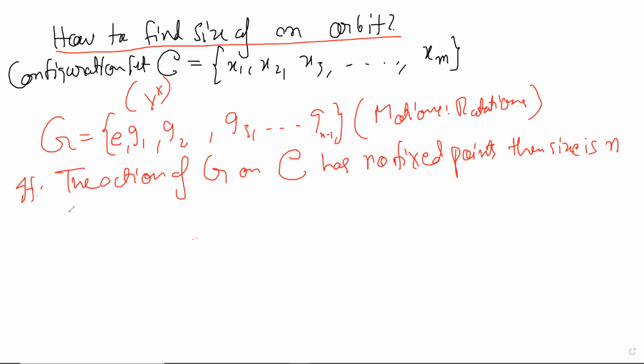Okay. Now here is something new. It means that the number of elements that get fixed is very important to know. So let's say no fixed point except the identity, except E. E is always fixed, so there's one fixed point.